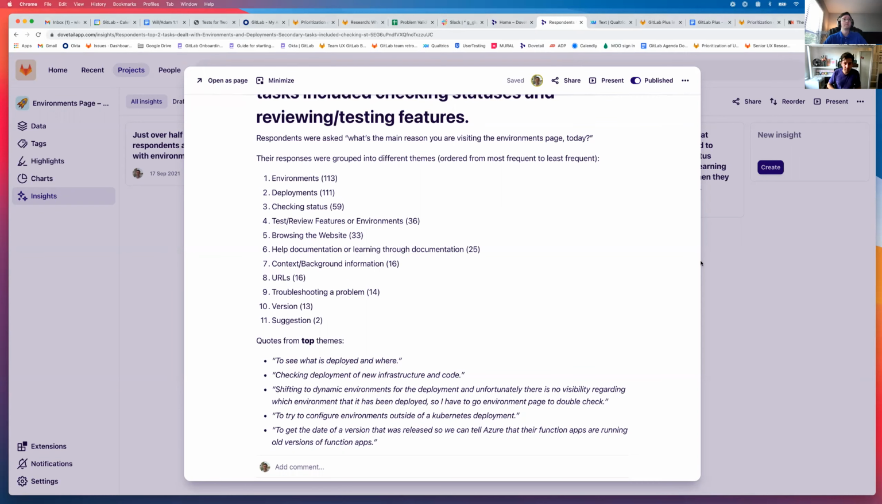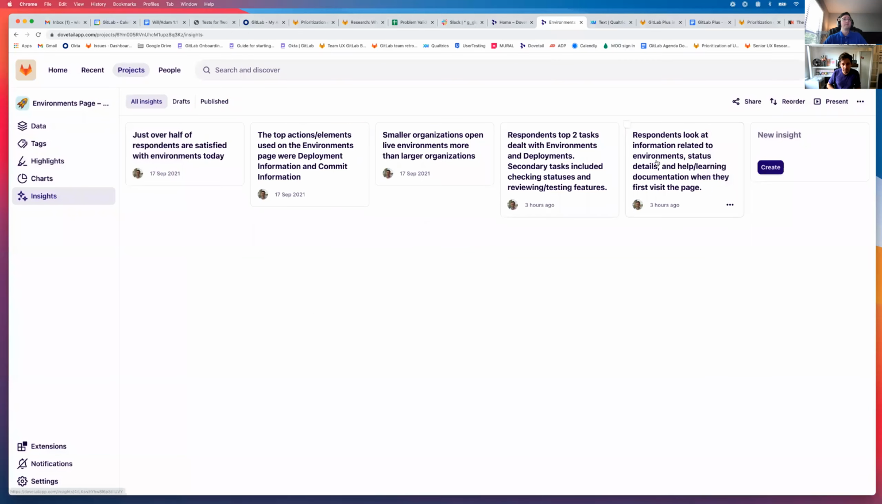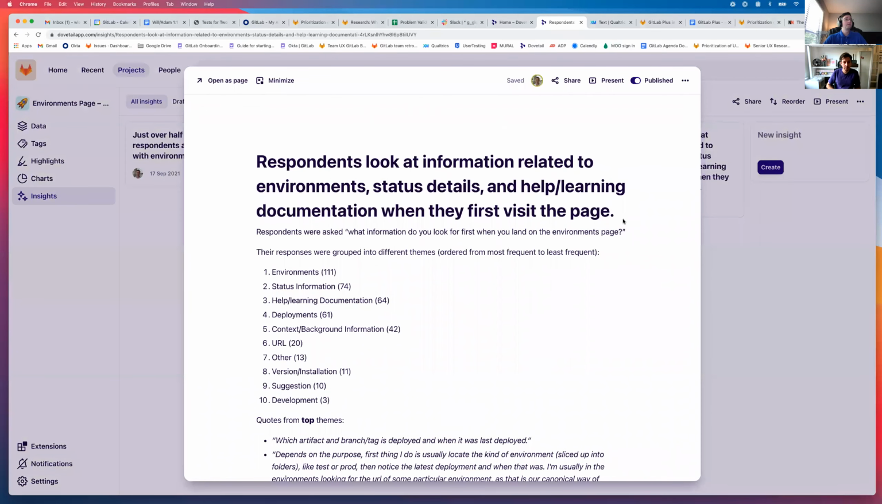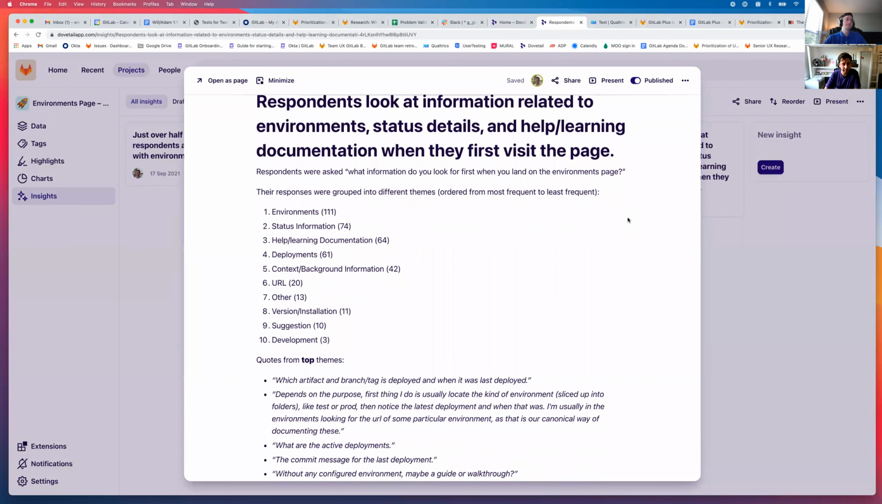Cool. Then we have one more, right? Yep. So this one, similar to the previous question, has a lot of overlaps, as you'll see with the themes. So this was, what information do you look for first when you land on the environments page? Not surprisingly, environments was at the top. Status information, as we had just talked about, was also one of the top ones. Learning and help documentation